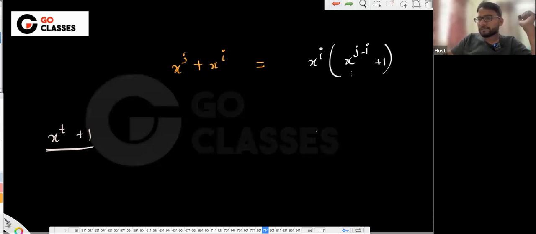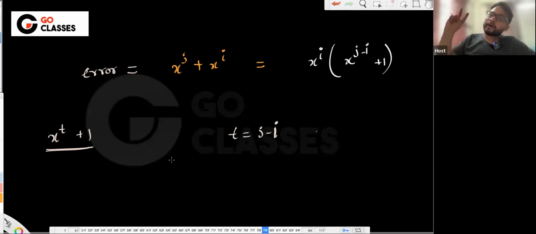It may divide this if t is j minus i. Otherwise, it cannot divide, right? So if t is j minus i, it may divide this, but it cannot divide otherwise. So if I say that this is my error, and this is my generator, then for t equal to j minus i I cannot detect this error, otherwise I can detect this error, which means the value t which I'm setting here,